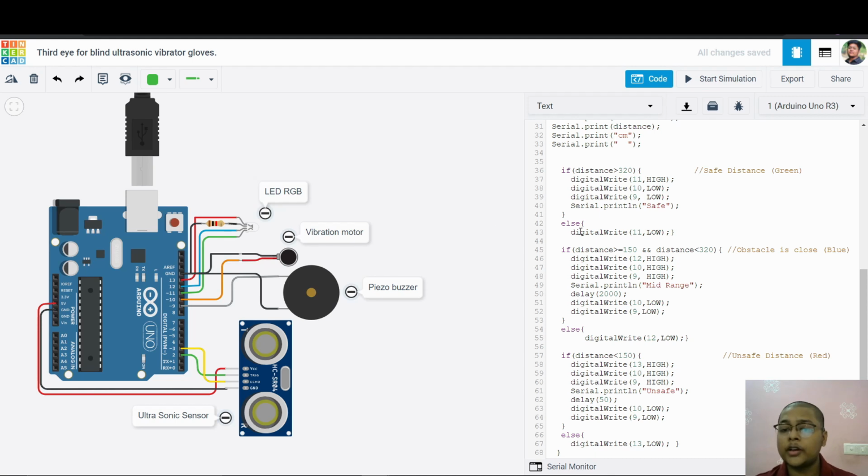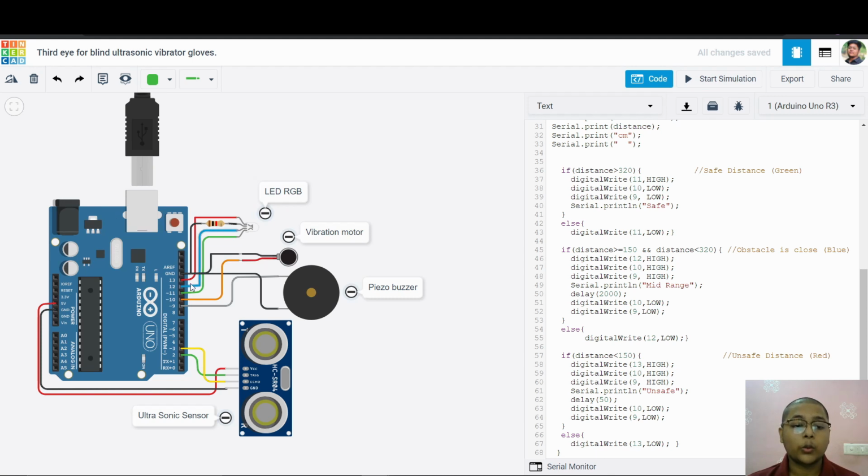After that, if the distance is not greater than 320, it is not so safe. So the green LED value will be low, and then we will check what the distance is, and print accordingly whether it is safe or unsafe. If the distance is between 320 centimeters and 150 centimeters, then we will give a high value to pins 12, 10 and 9.